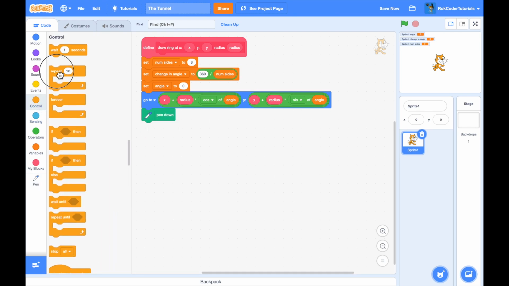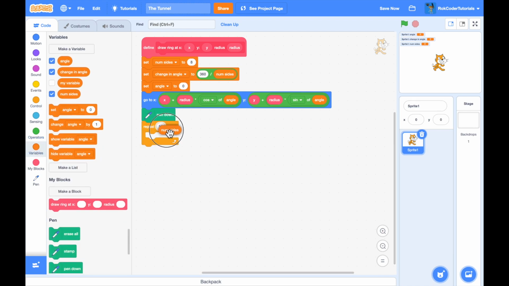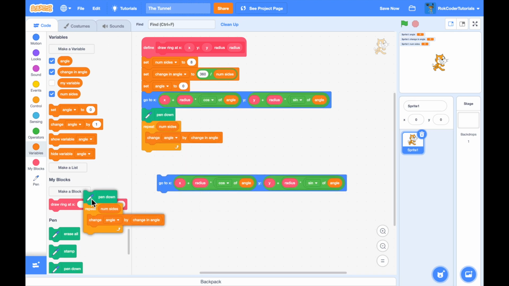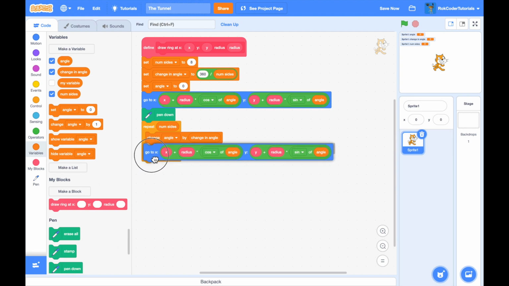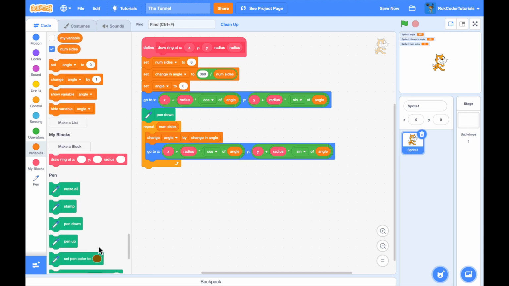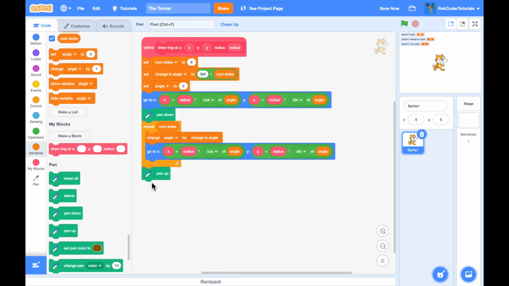So I'm going to repeat for however many sides I've got, which is num sides. And for each one, I'm going to change angle by change in angle, and then just copy this, go to, and just use the same one because angle is changed, so it's getting the next point on the shape, and then the next, and then the next. And at the end, we'll do pen up. And that will draw a circle, which